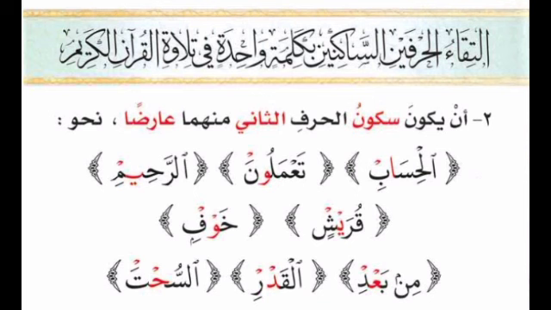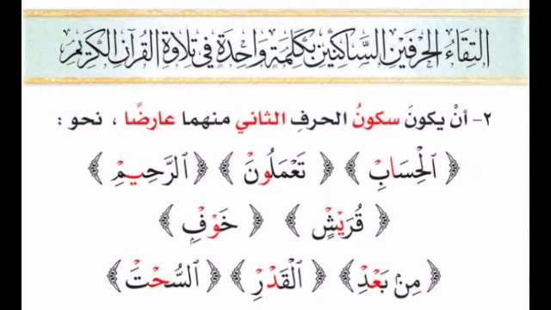So you have the first sakin, that is the alif there, then the second sakin, that is the borrowed sukun on the ba. You go to the second example, ta'lamun, the wa and the nun, the same explanation there. Ar-Rahim, the same explanation there. Quraysh, so you have ya sukun, then shin sukun. The original of the shin is kasratain, then they borrowed sukun on it because we are going to stop there. So it's also the same explanation.